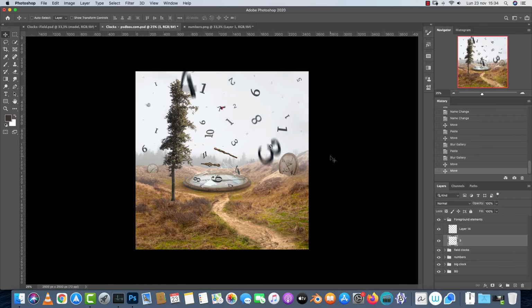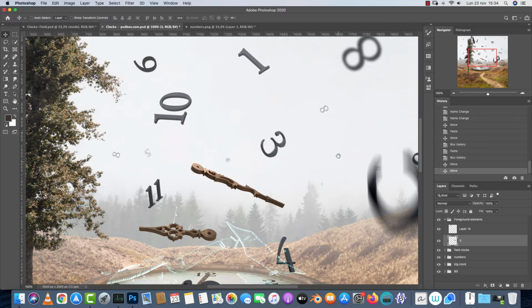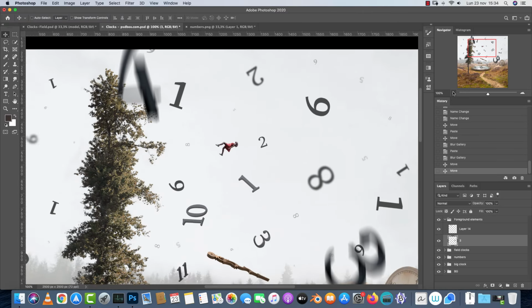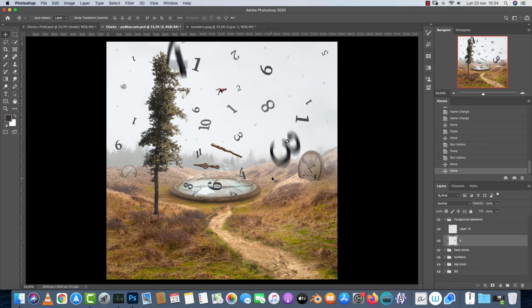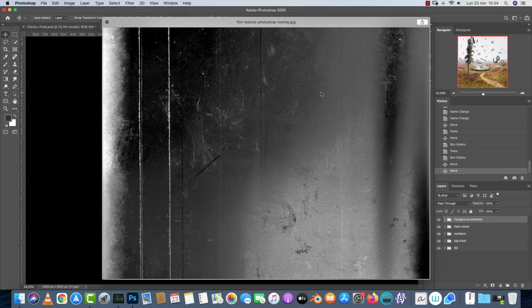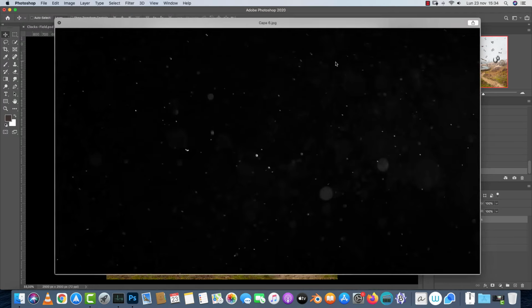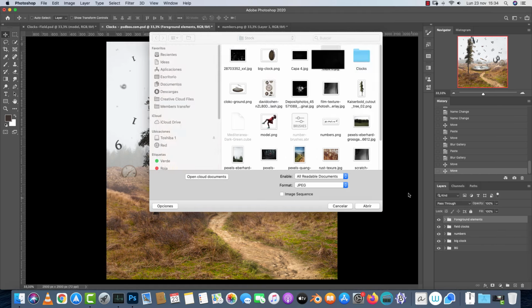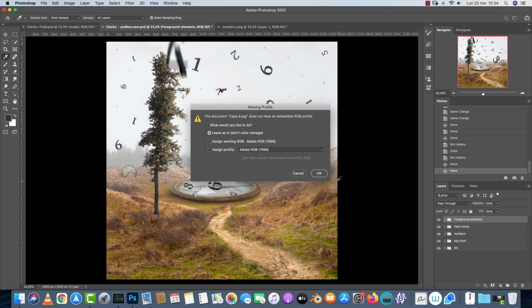Okay, now let's add some particles here, and then we will move on with the adjustments. You'll see you have several textures here. I will not use all of them. I just put them here to use them if you want to. These are overlay textures. Let's start with this one. It has nice particles. Just open it,